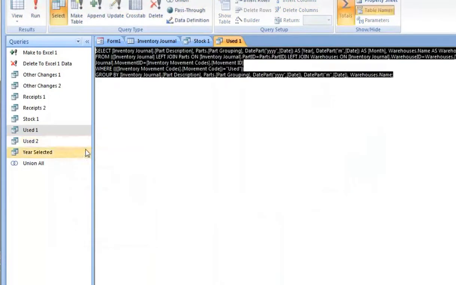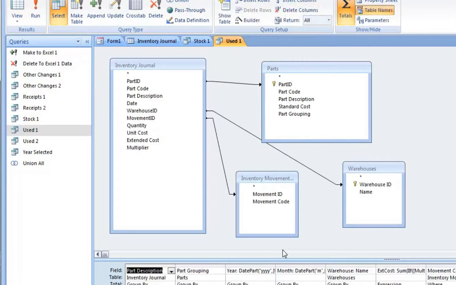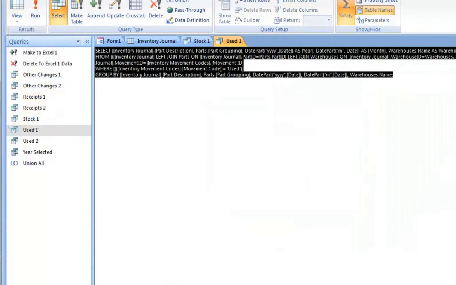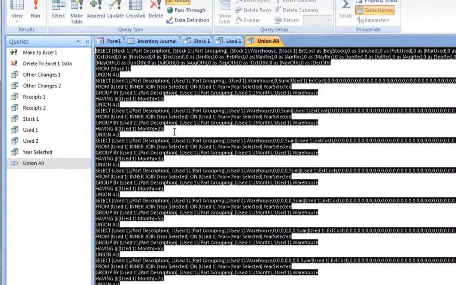You've got the usage query, same type of thing. But what we're going to do is take, you see this SQL here? We're going to take that, and it's going to be adjusted a little bit to put a month field in there. But if you open up this union query,